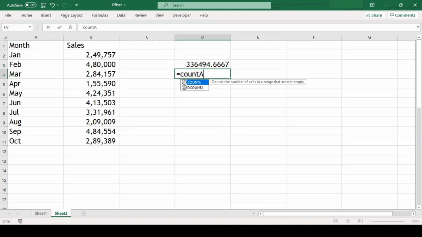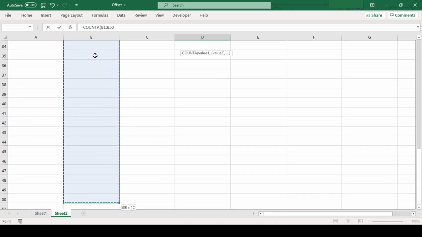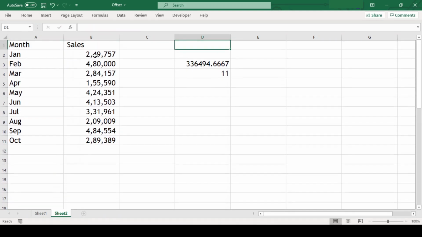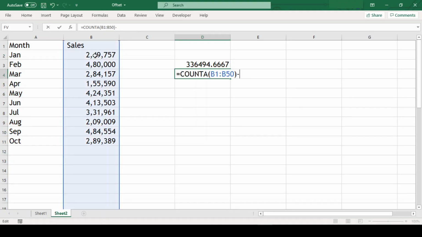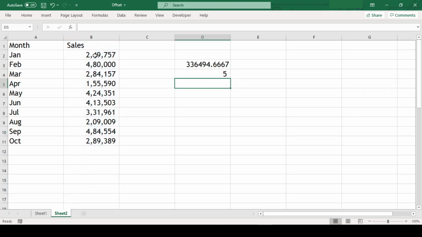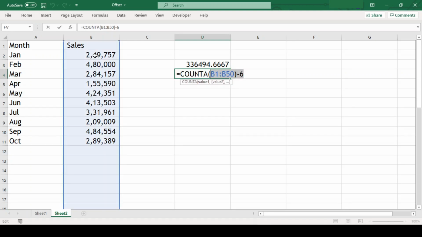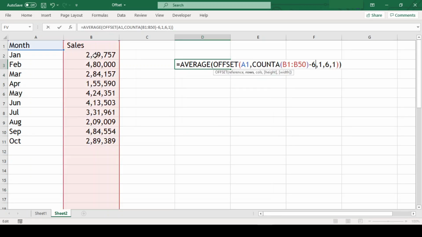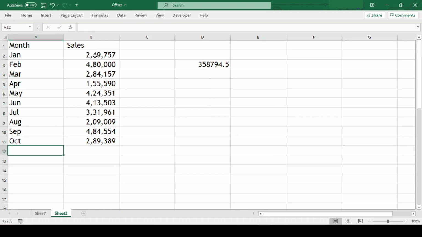We will intentionally feed additional rows, so when we add more data, this automatically gets absorbed in the formula. So we have 11 rows that is data. Since we need 6 months average, we will deduct 6 from COUNTA function. As a result, we will offset 5 rows. Let us replace this COUNTA function with the row argument in offset function. Now, let us add one more month to verify if this works. And it does. So that's all in this video.